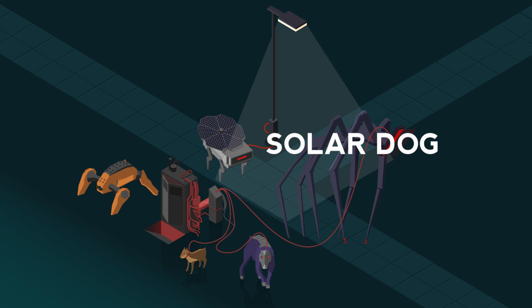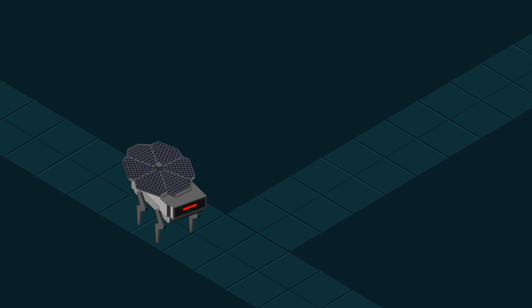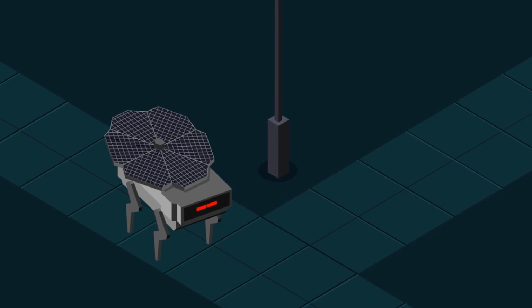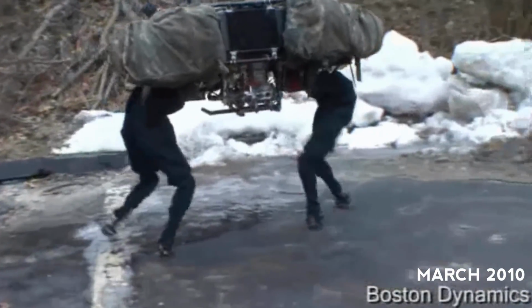Okay, so the solar dog. A big part of our game is exploring in the dark. We wanted a creature that could be used as a temporary power source to keep the lights on. I was inspired by Boston Dynamics' Big Dog, a quadruped that can...